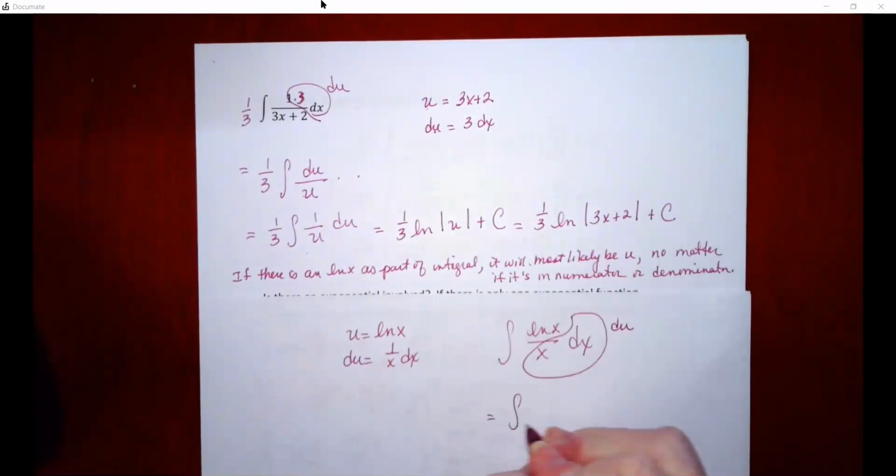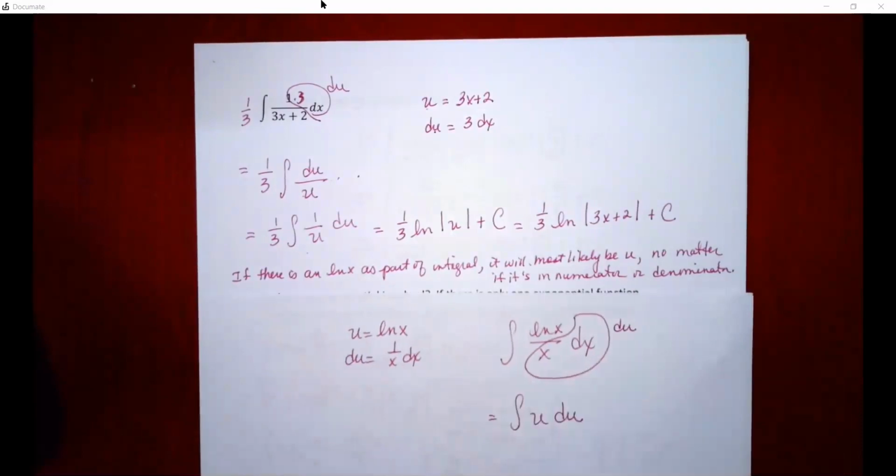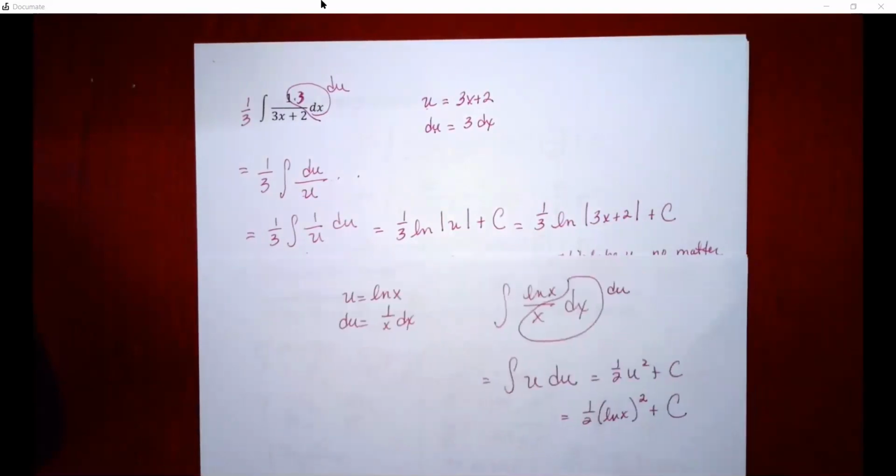So that would be the integral of u du, or 1/2 u squared plus c, which is 1/2 natural log of x quantity squared plus c. Okay, and once again, if you just kind of keep,